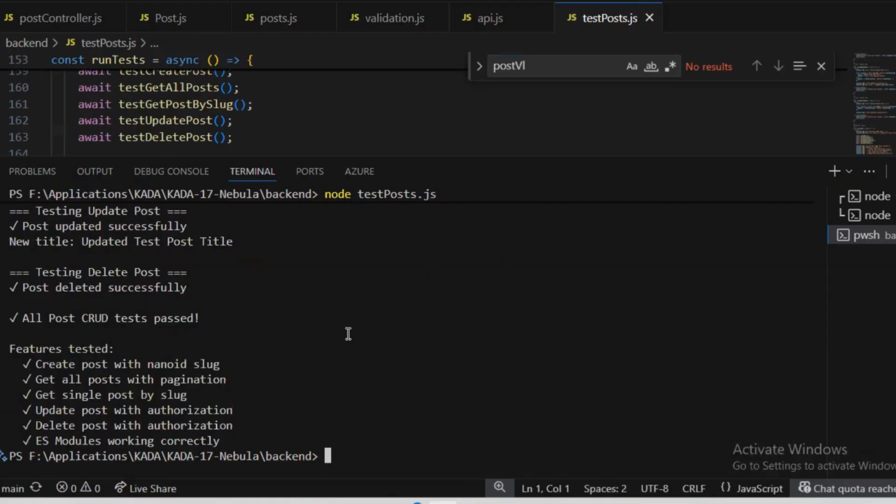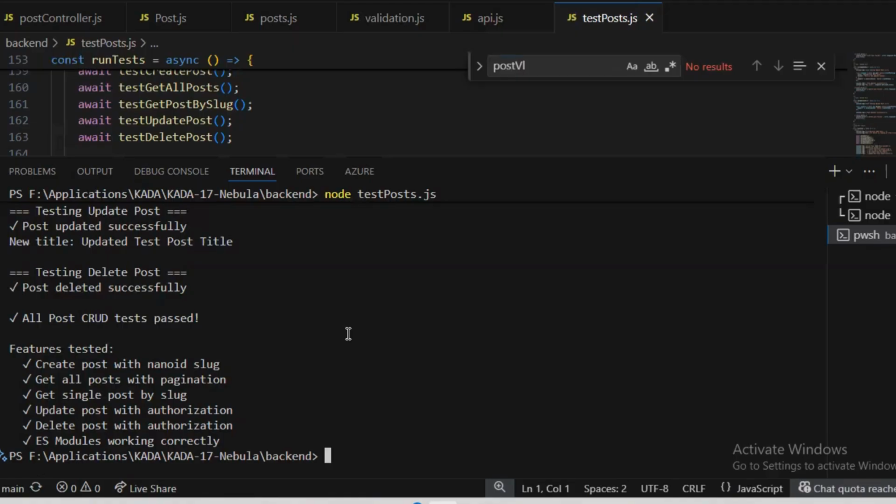And both of these functions, email function and post management using CRUD, actually work together seamlessly. The phase 4 email system will notify users about account changes, while this phase 5 post system will create an engaging content experience.